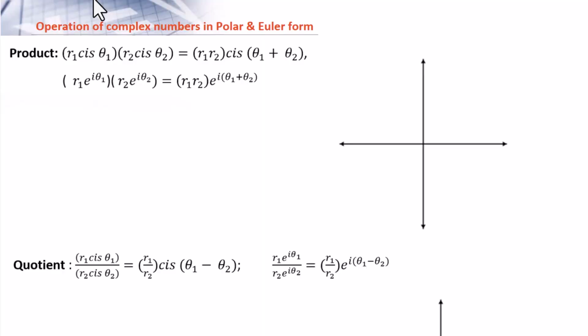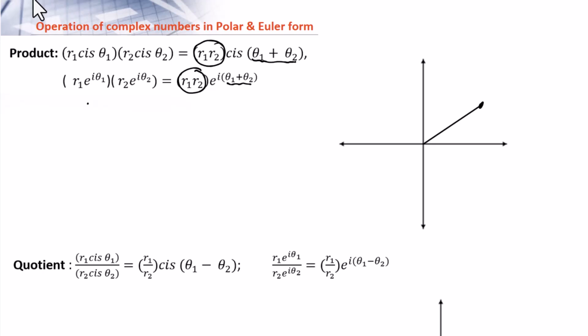This video is about operation of complex numbers in polar and Euler form. Multiplication of two complex numbers: we multiply the modulus, and we add the arguments. We can express this operation by using